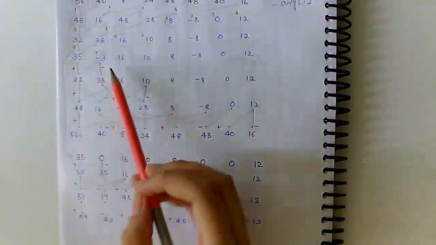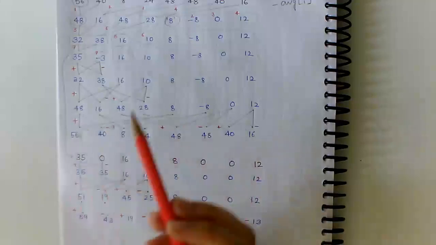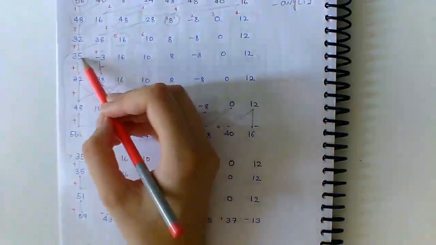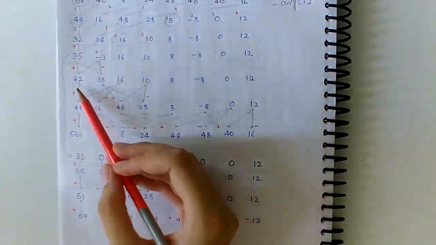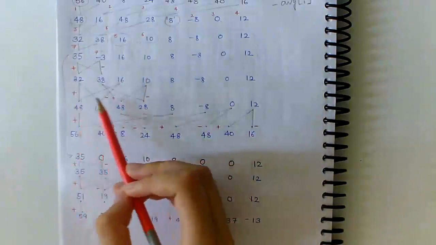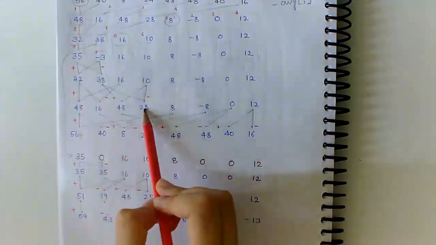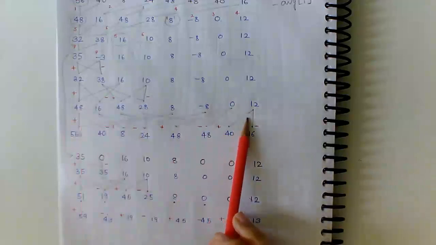So we can again convert this transformed array back into the original array by doing the following. We add both these elements here and subtract them here. Similarly we add this 32 and 16 here, and subtract 32 minus 16 here. Similarly 38 plus 10 here, and 38 minus 10 here. And similarly we do this for all these 8 values next to get our original 8 values.